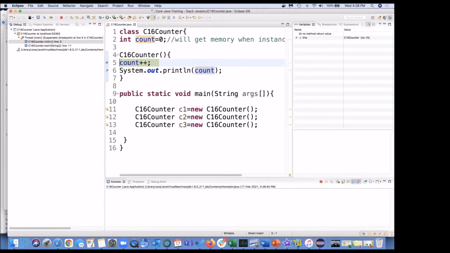So the first time you can see the value of count, it is 0. And if I execute it, count is still 0.